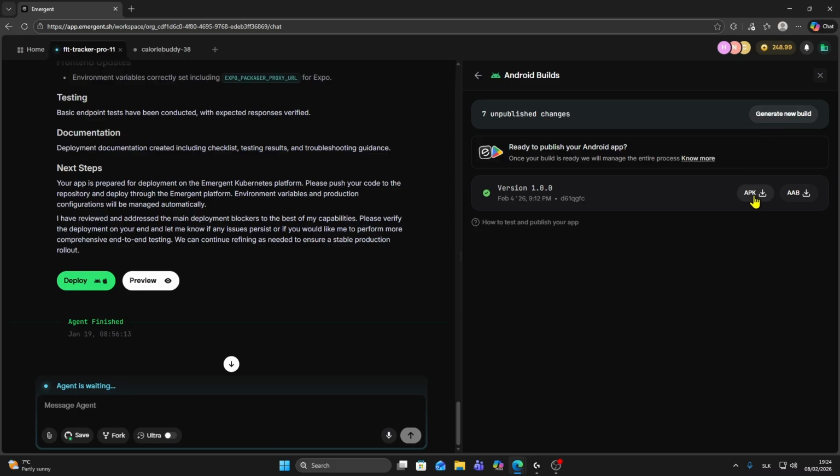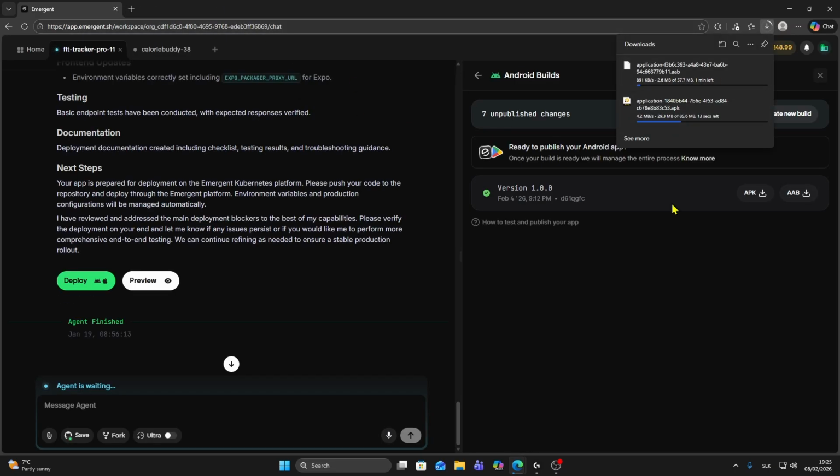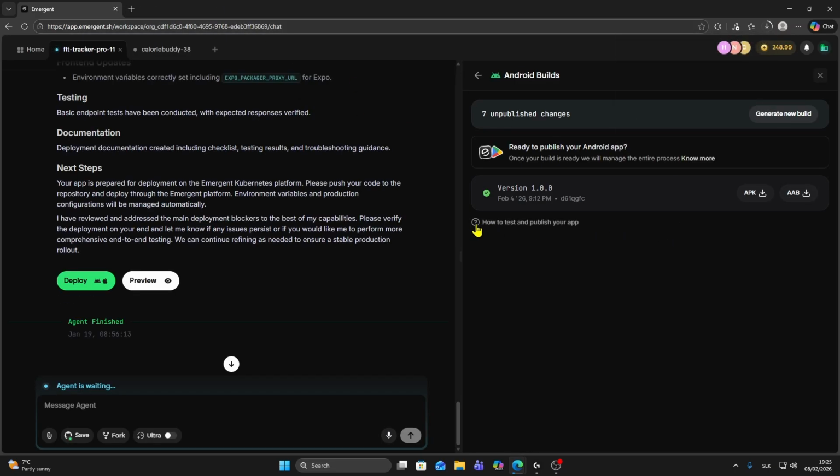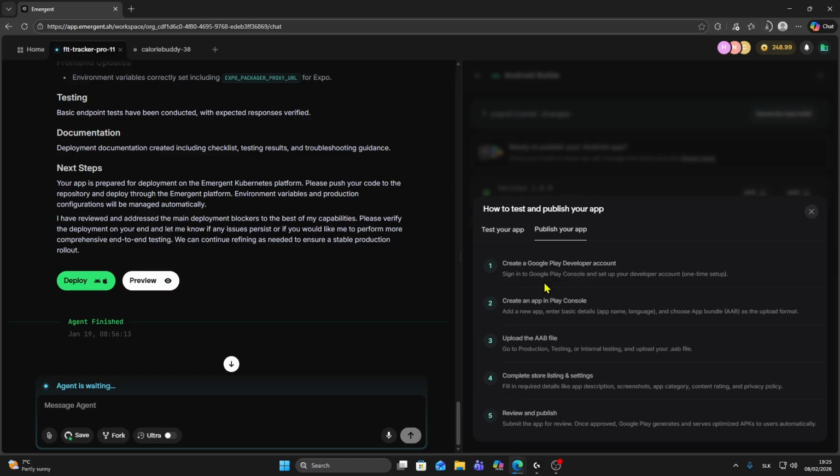First one is APK, and the second one is AAB, so you just need to click on it, and it will start downloading those files automatically. So you can click on each one, and then once you have those files, you just want to click on this check mark if you don't know how to publish it. So firstly, you can test your app. You have step-by-step guide here from Emergent, and then you just want to create developer account or sign in to